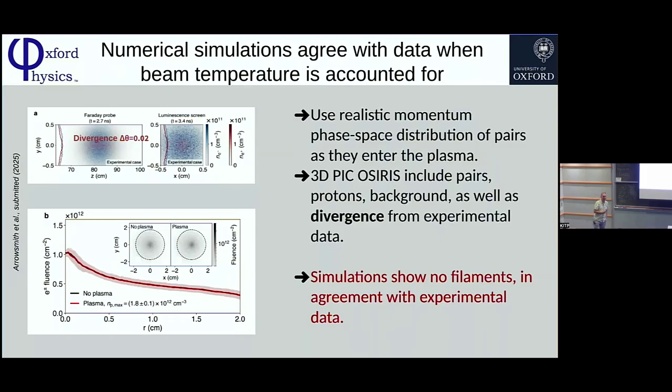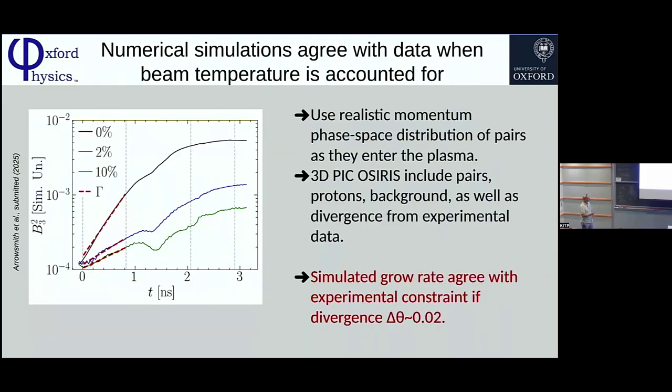And this was surprising at the beginning, because, as I mentioned before, most of the simulations that people have done, if not all, say that when you have a plasma and a beam, you should see kinetic instabilities to be present. And we can estimate the growth rate of our instability. Our divergence is very small, it is 2%. And when the simulation is done, putting in the divergence, then the growth rate predicted in the simulations, which is one of these between these curves here, agrees pretty well with what we see in the experimental data.